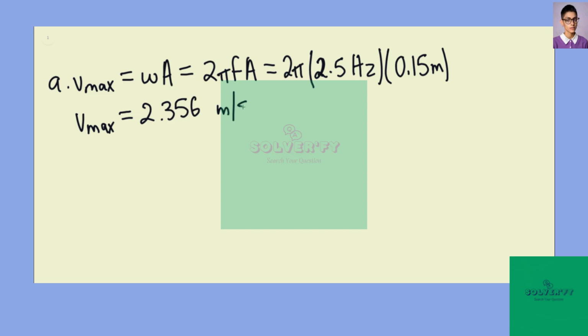2.356 meters per second. We can find the velocity at equilibrium to then be equal to plus or minus 2.356 meters per second. For part B,